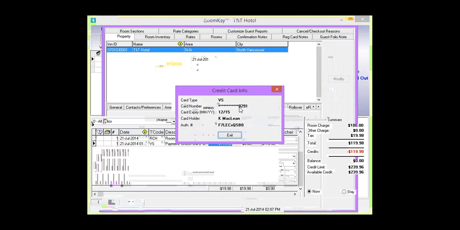First thing I would do is right-click on the payment and check the credit card info, just to make sure it's the one I have on file. Visa ending in 8291. Okay, it is the one I have on the guest profile. So step one, right-click